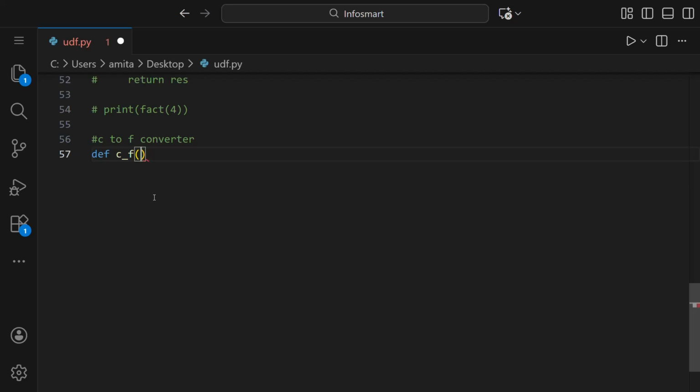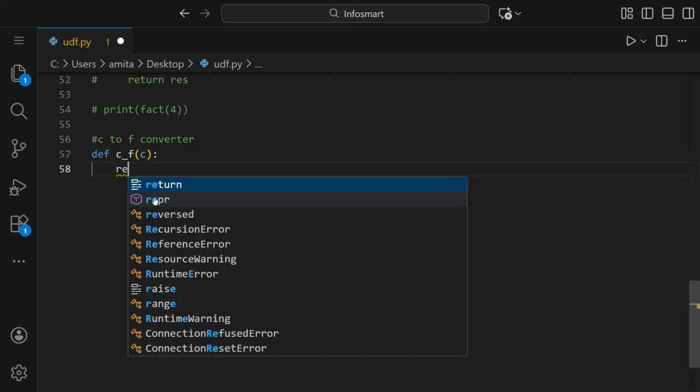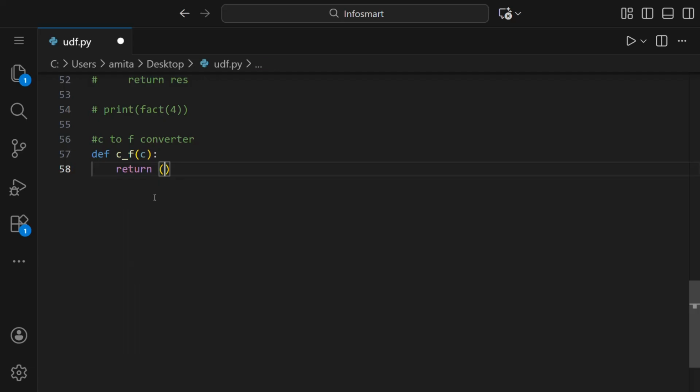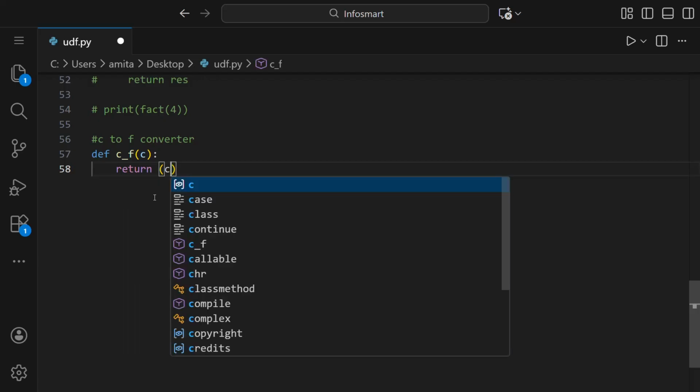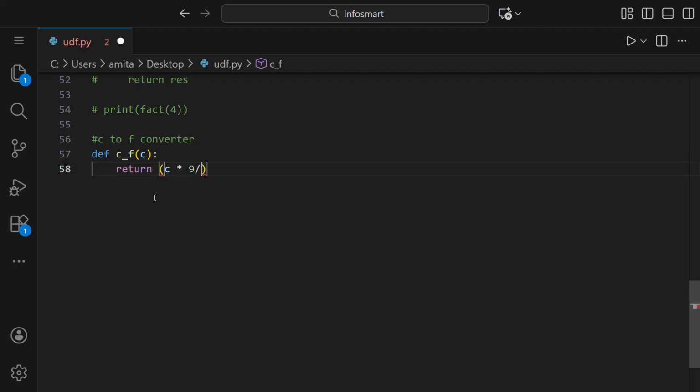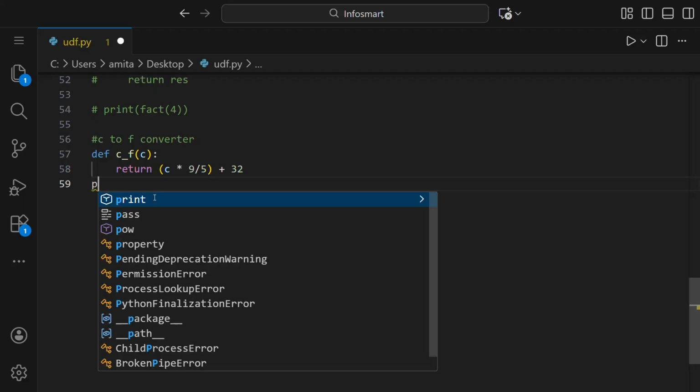And inside it, we want the temperature to be input, let's say C, because it will be converted to F. Then we'll write return and the formula to convert from Celsius to Fahrenheit, which is C into 9 by 5 plus 32, and then we'll print